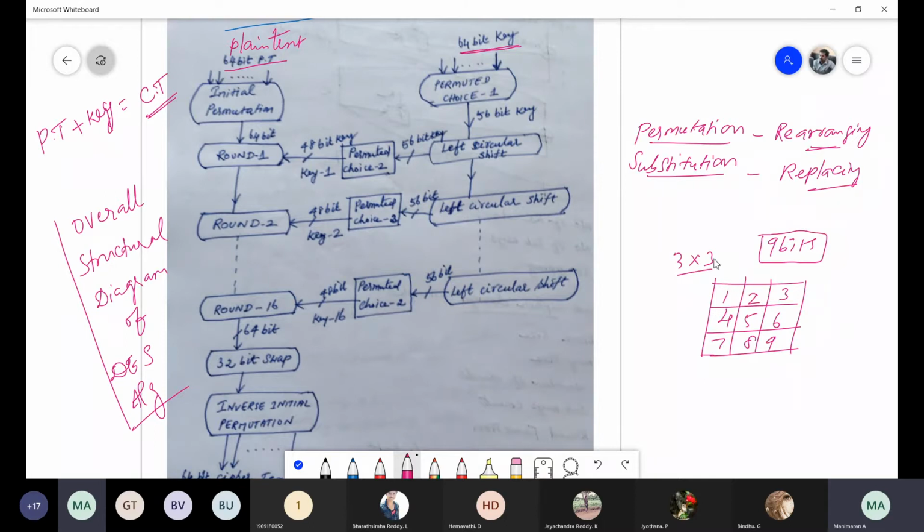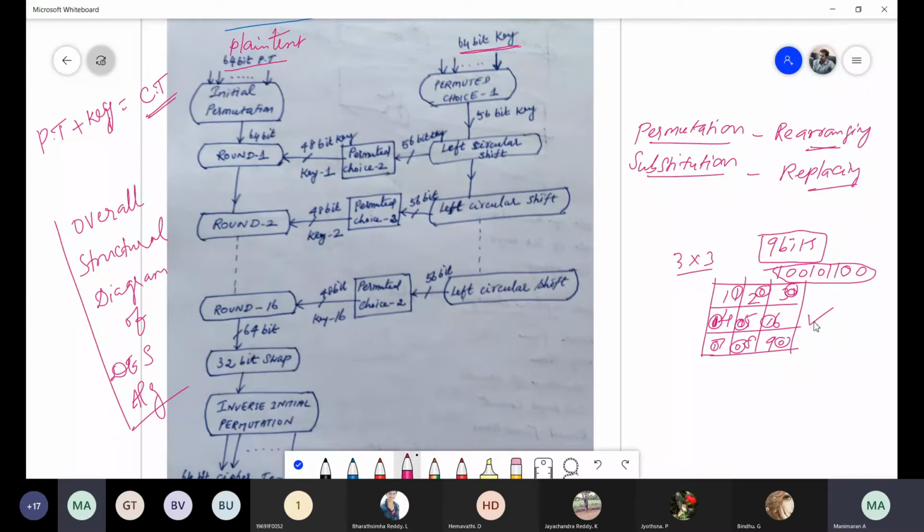For example, the 9 bits are like this: 1 0 0 1 0 1 1 0 0. I place them one by one: 1 0 0 in the first row, then 1 0 1, then 1 in the eighth place, 0 in the ninth place. This is the actual placement of the given 9-bit plain text.